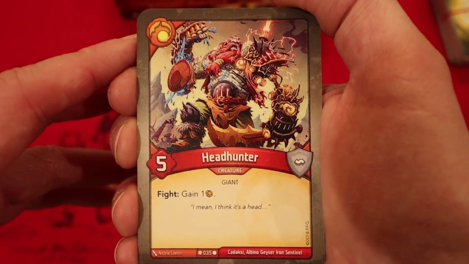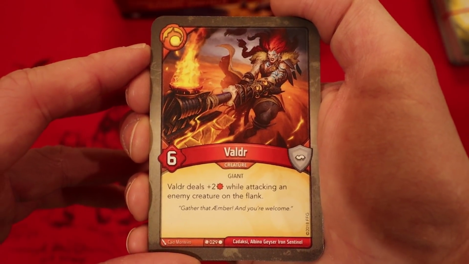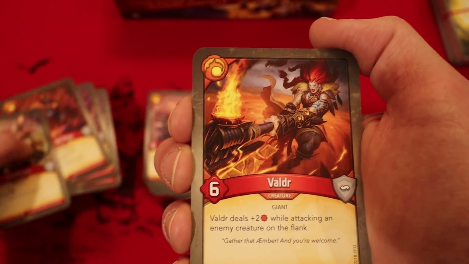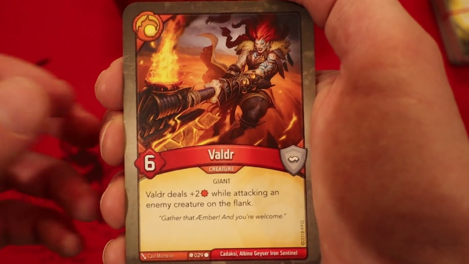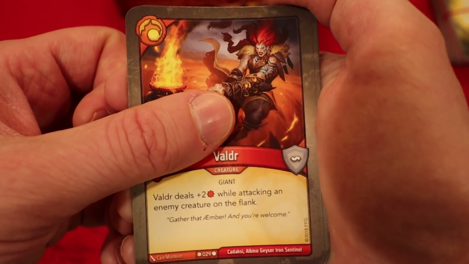Headhunter, 5 power. Whenever he fights, gain an amber. Valdur, 6 power. He does +2 damage while attacking an enemy creature on the flank. Got quite a bit of creatures here. Decent sized power. That's what I like about Brobnar. Just like how the creatures will be able to take out opposing creatures and still be able to stick around